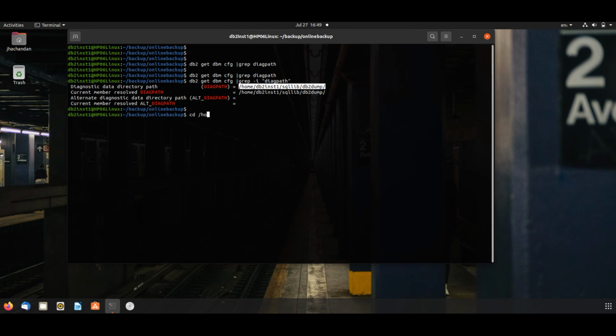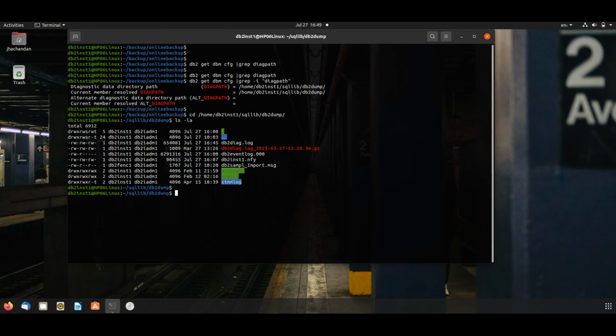Go to this path, /home/db2inst1/sqllib/db2dump, and list it out. Here you will see db2diag.log.